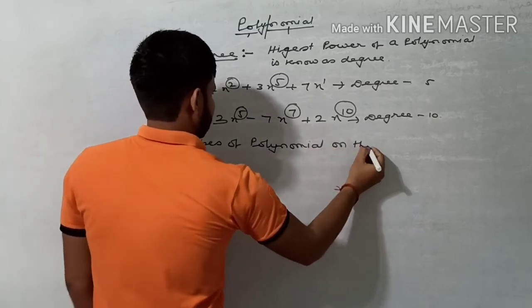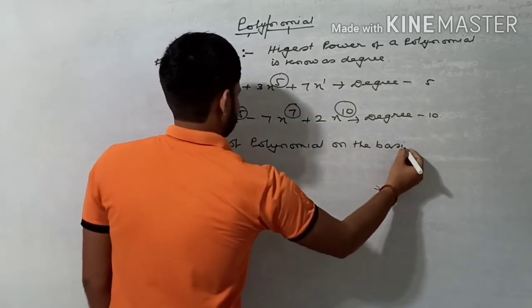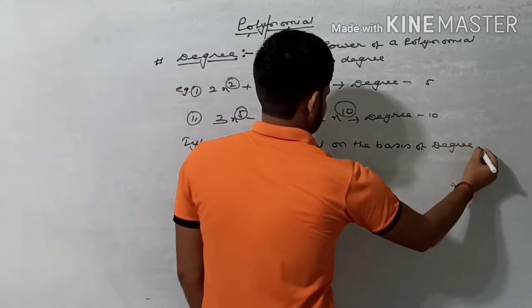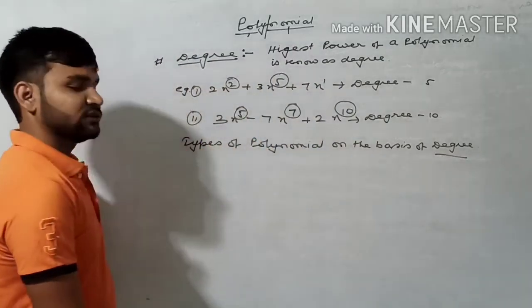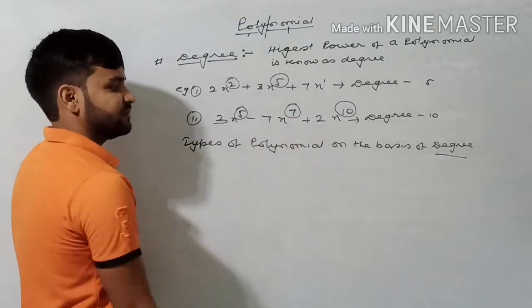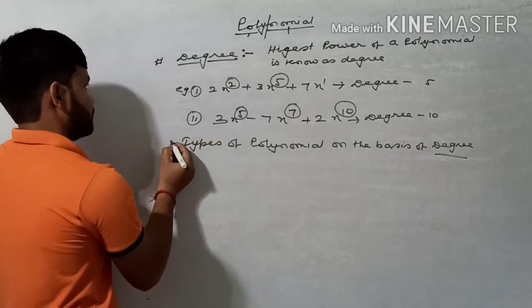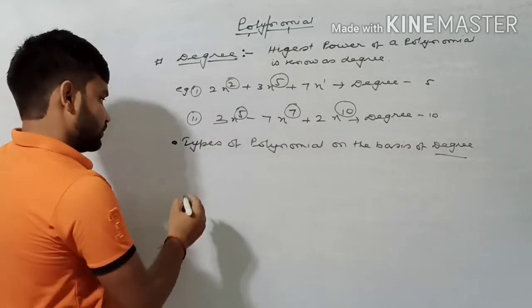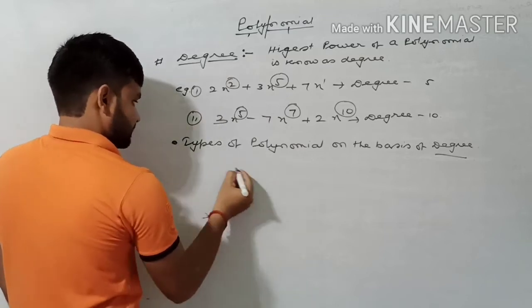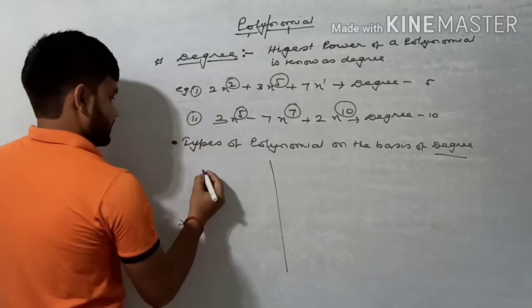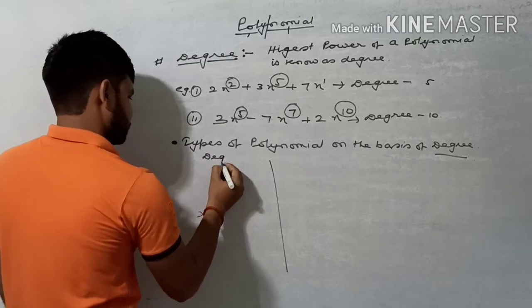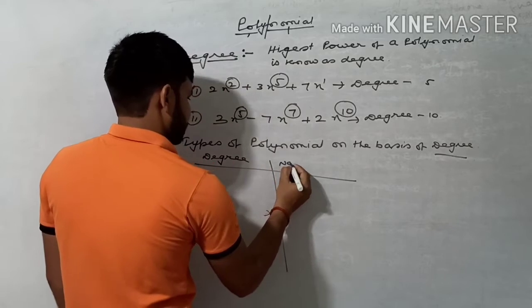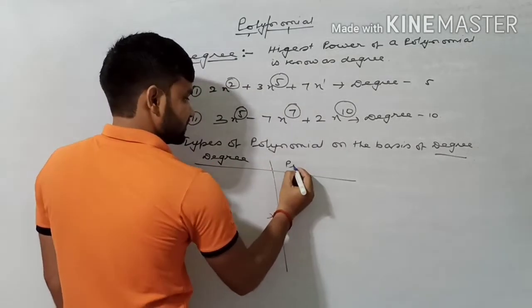Polynomial on the basis of degree. Types of polynomial on the basis of degree, यानी basis of degree पे हम लोग types of polynomial को अंडरस्टैंड करने का और उसको समझने का प्रयास करें। तो टाइप्स ऑफ पोलिनोमियल की हम लोग बात करेंगे तो दो कॉलम में इसको डिवाइड कर लेते हैं। एक हो गया आपको डिग्री एंड सेकेंड हो जाएगा आपको नेम ऑफ पोलिनोमियल।